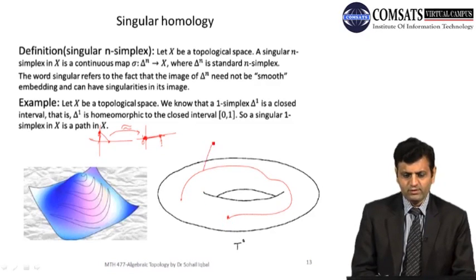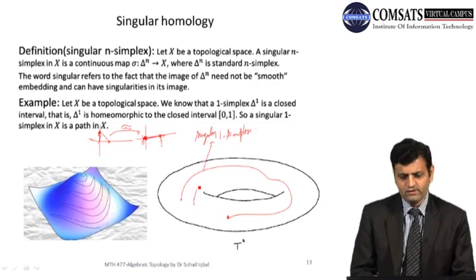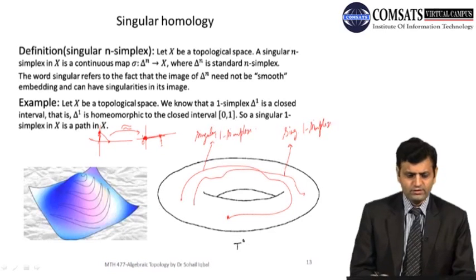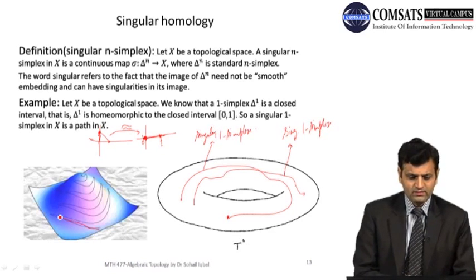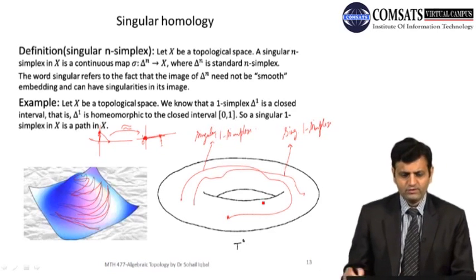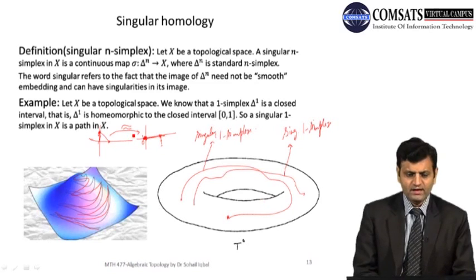So this is an example of one singular one simplex. And of course, once again you can observe that I can define infinitely many singular one simplices. Okay, so it could be of this form as well, something like this, or it could be of any form. So the only condition it needs to satisfy is that this map sigma from this one simplex to the